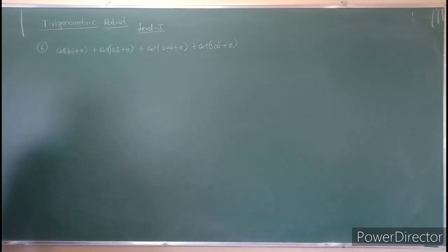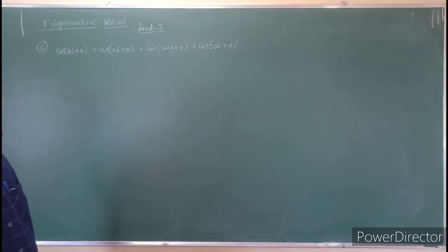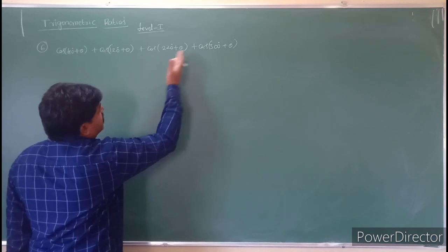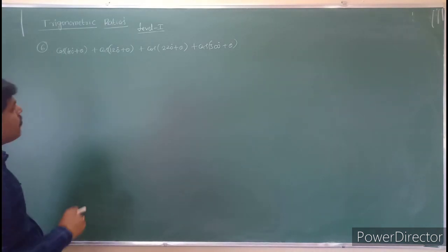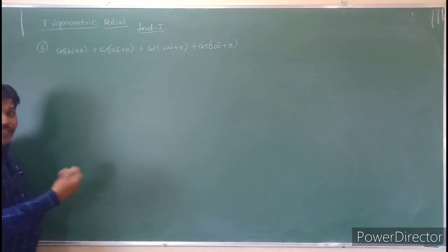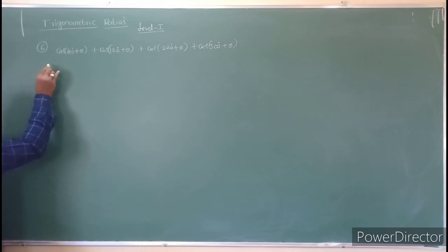So see this question, students. What we have to do in this question is: cos 40 plus theta, 120 plus theta, 220 plus theta, 300 plus theta. I have given one formula. What is the use of the formulas? I already gave the formulas in the previous class. So what is that formula? We know that